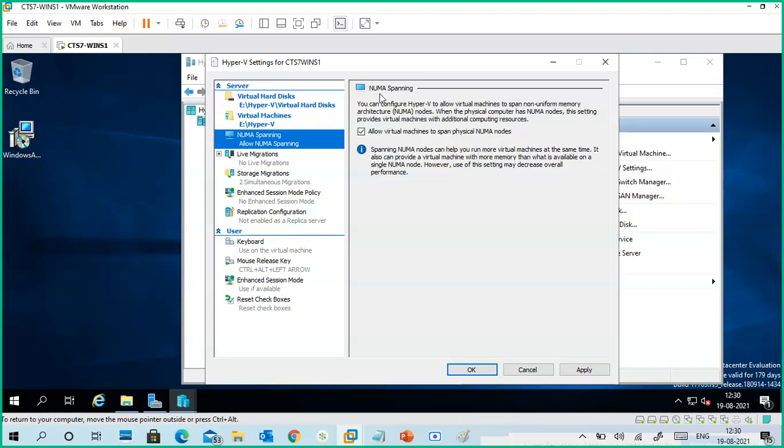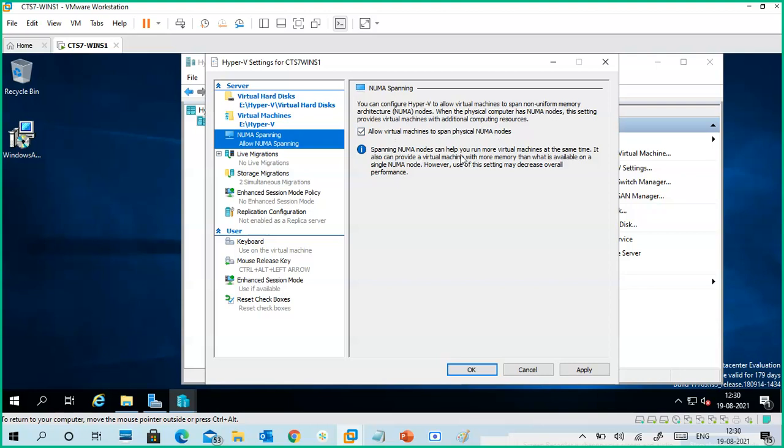Okay, the next setting is NUMA spanning. You can configure Hyper-V to allow a virtual machine to span non-uniform memory architecture nodes. The physical computer has nodes. What is the use of allowing NUMA, non-uniform memory architecture?